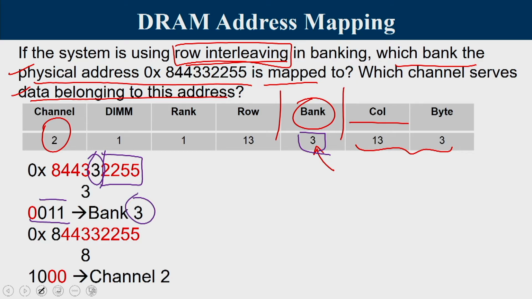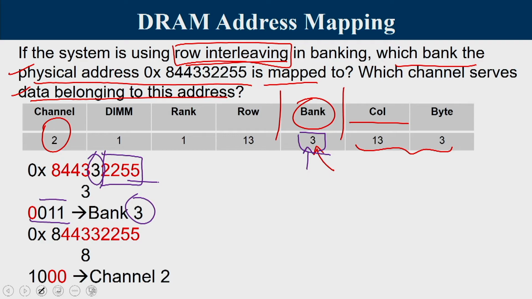So, let us try to conclude what we did here. Given the address, we find out what the bits for channels and banks are. Since it is row interleaving, the bank bits should be in between row and column. So, you have to extract these 3 bits from the given address. This is a 36-bit address, out of which these 3 bits are of interest to us. So, we remove the last 16 bits, take the next 4 bits that define 0011. From that, you take the 3 bits, that is bank 3.